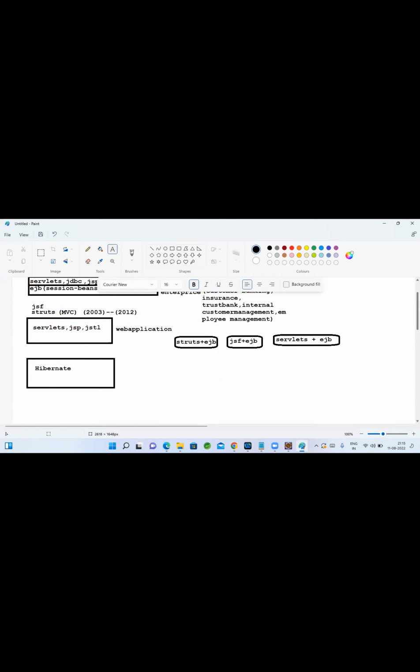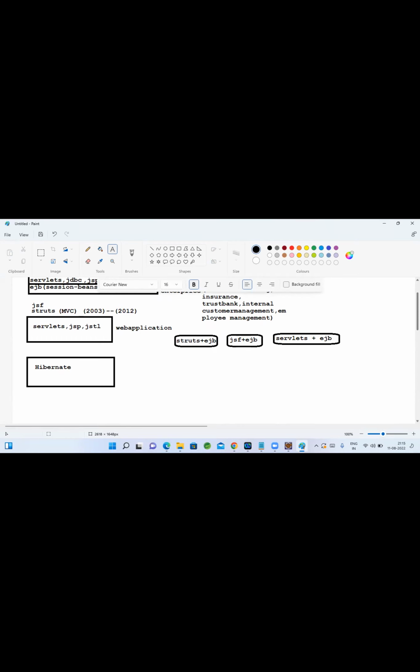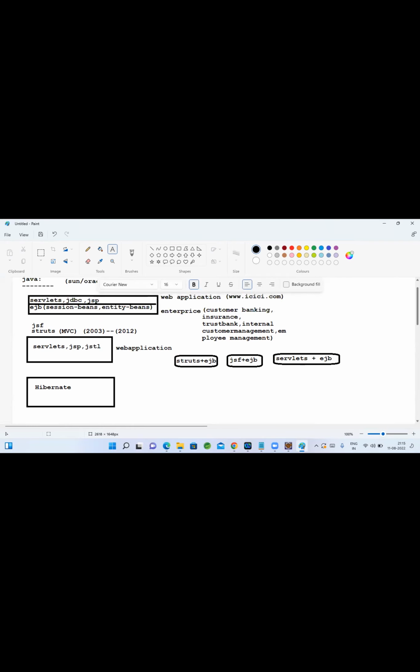Hibernate implementation by Rod Johnson, right? Who implemented Hibernate? Hibernate is designed on top of JDBC only.